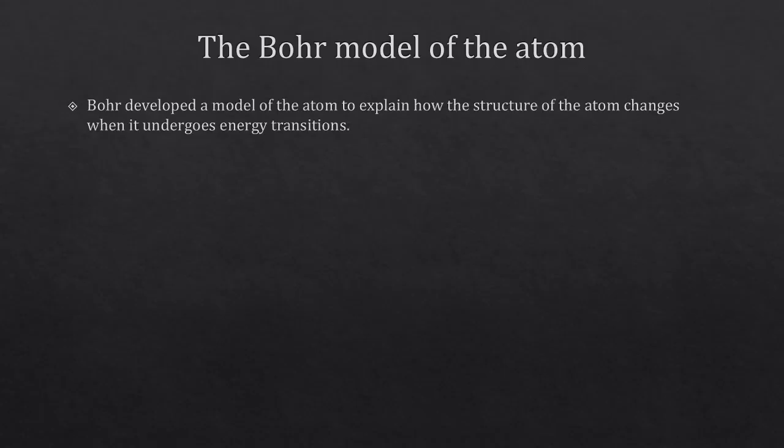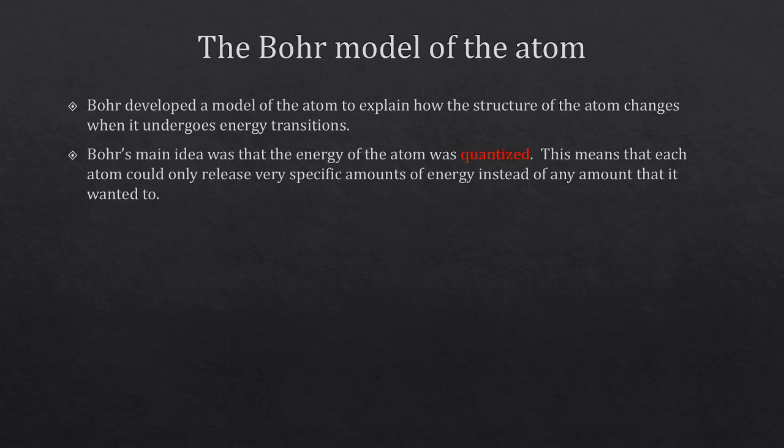So what is the Bohr model of the atom? Bohr developed this model to explain how the structure of the atom changes when it undergoes energy transitions. So why can it only release certain wavelengths of light? Why does hydrogen release those 4 lines? Why doesn't it release other lines sometimes? It would seem reasonable, if you didn't know any specifics about the atom, that it should be able to release energy however it wants. So the main idea Bohr comes up with to help explain this is that the energy